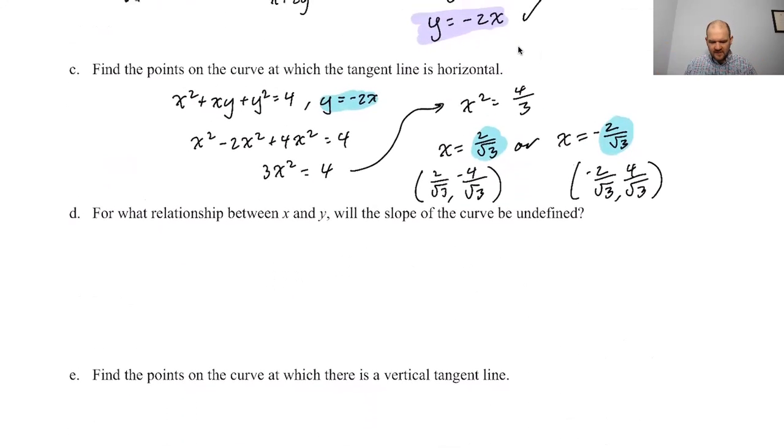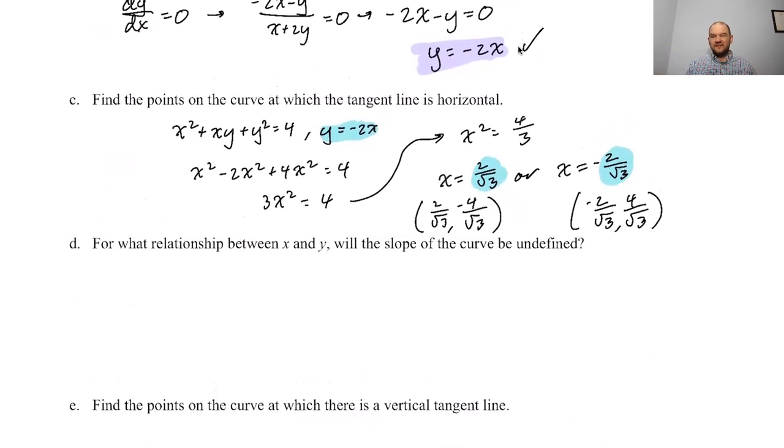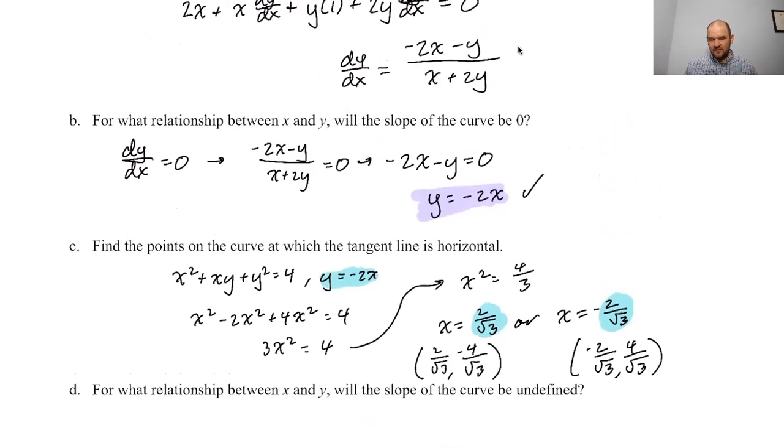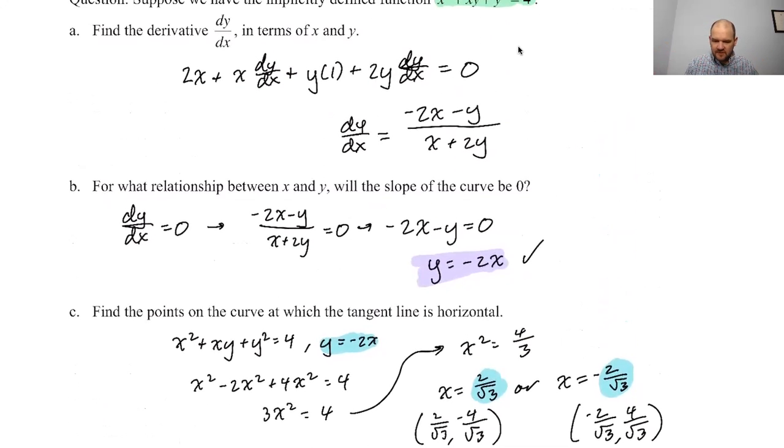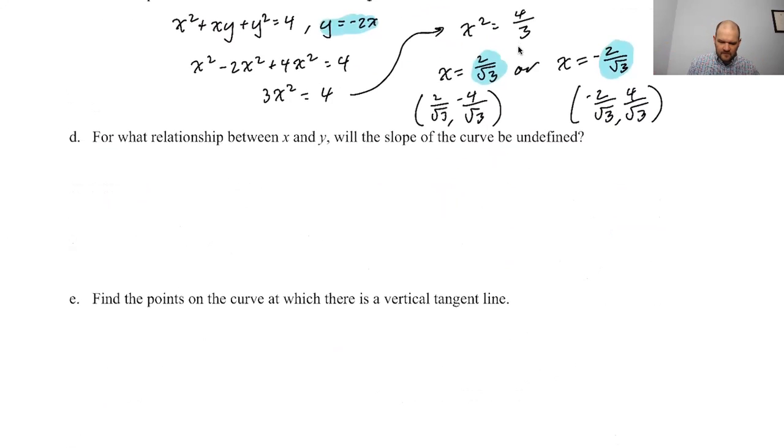All right, for what relationship between x and y will the slope of the curve be undefined? If the slope of the curve is undefined, that means I'm basically dividing by 0. So I'm going to borrow this. I'm going to copy and paste, using the fact that I'm actually on an iPad. So I copy and paste that down. Undefined would mean,